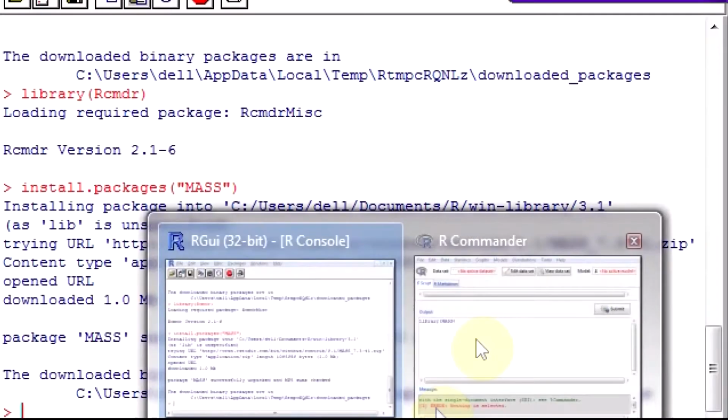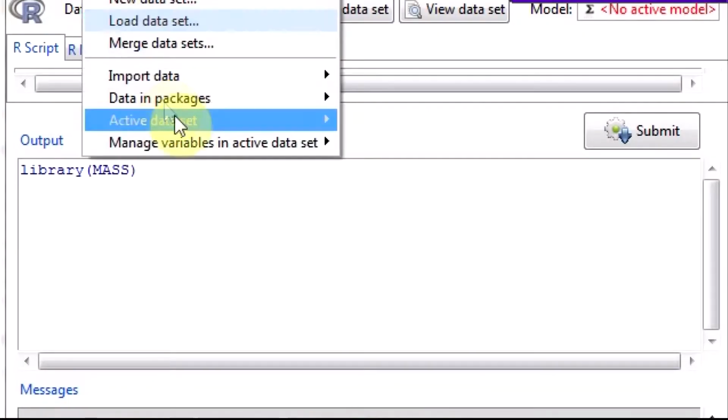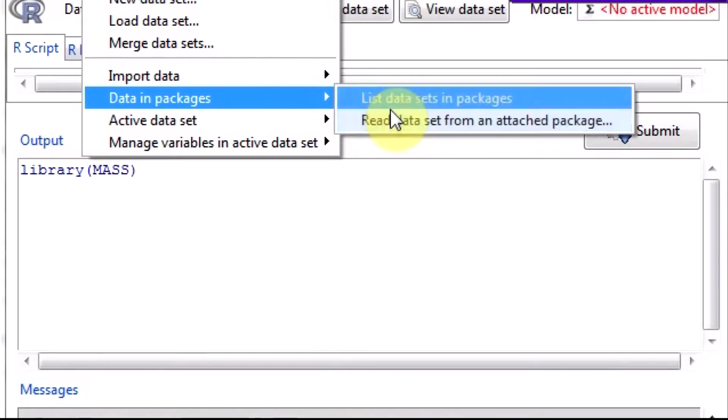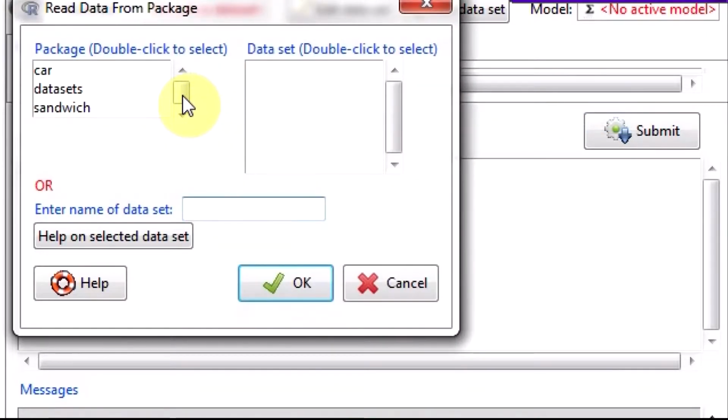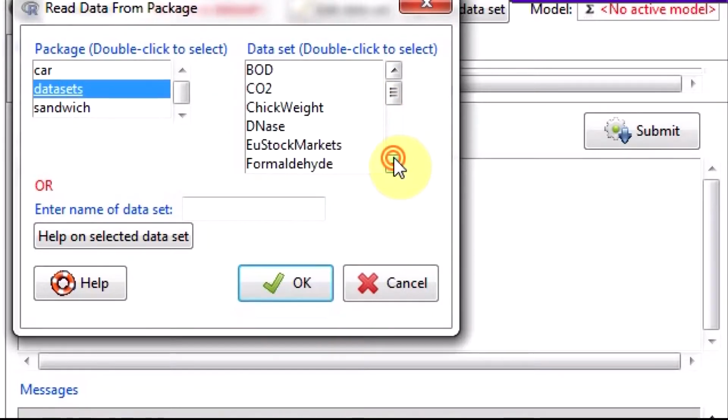Okay. So we are going to read the Boston data set. It's also known as housing.